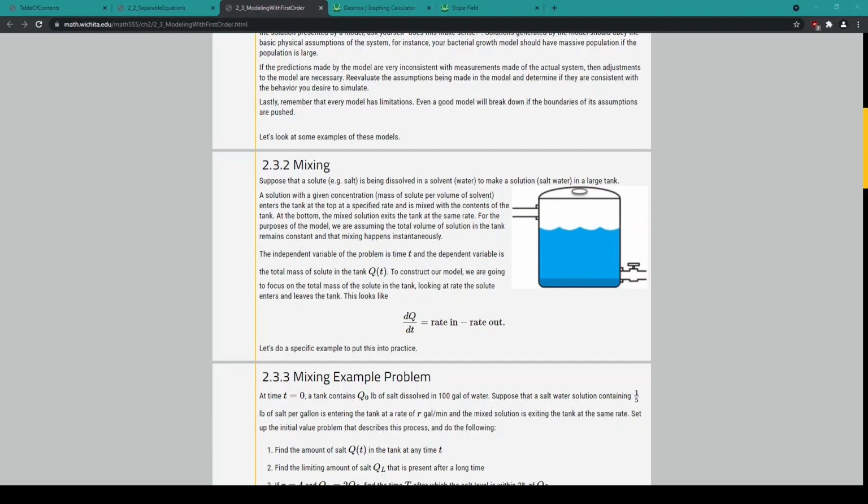The idea is that we have some amount of stuff dissolved in our solvent, and we are mixing in the tank at a very high rate, okay? So the main assumption that we make, or there are two main assumptions that we make for this problem. Number one is that if I add new solution to my container, that it's mixed fast enough that I can't tell,